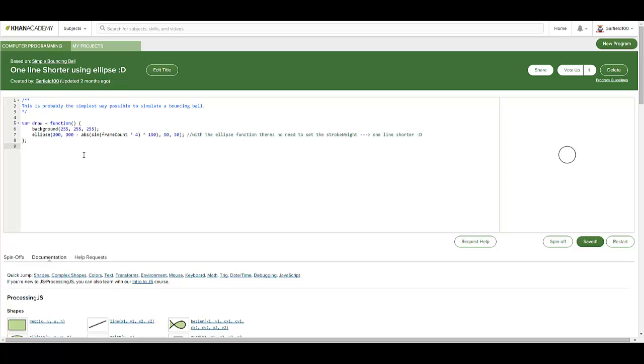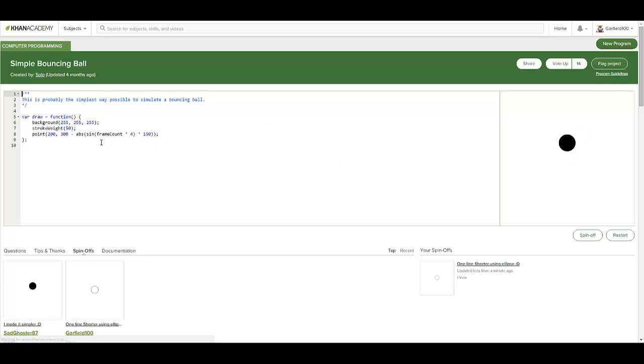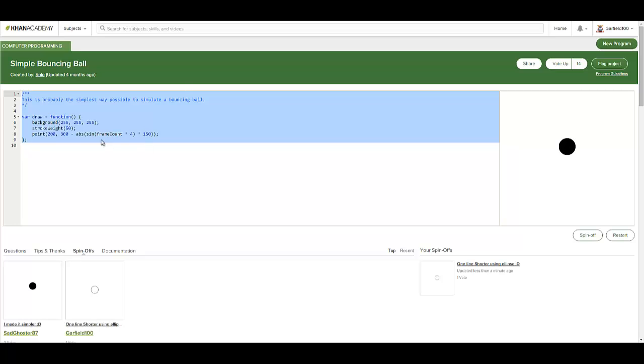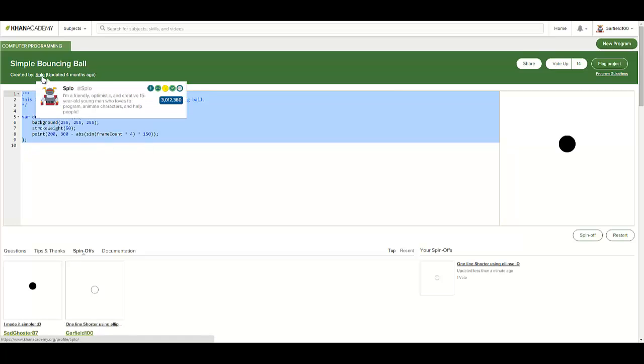So yeah, this uses sine to make a bouncing ball. Since I don't know how to use sine, maybe I should look it up after all. So yeah, this is from Splo, who made